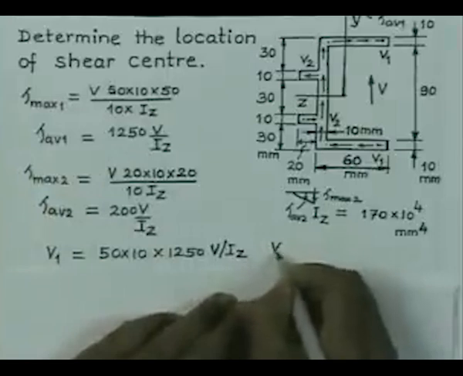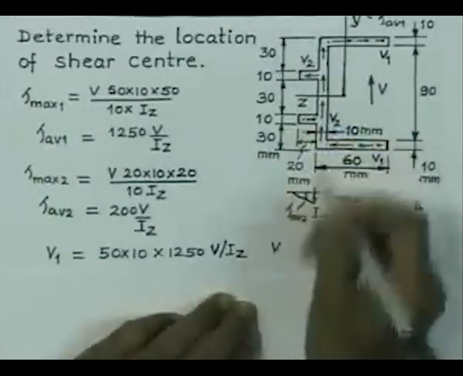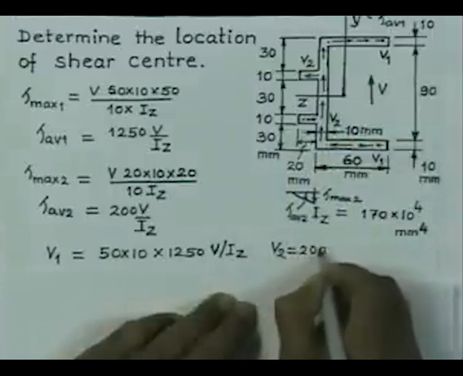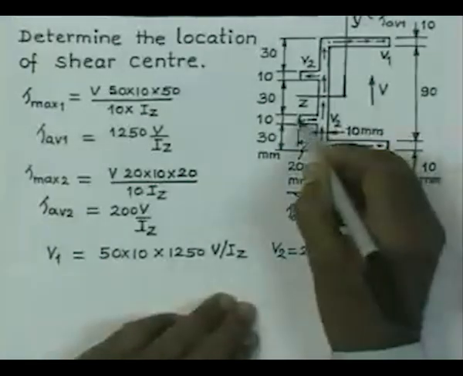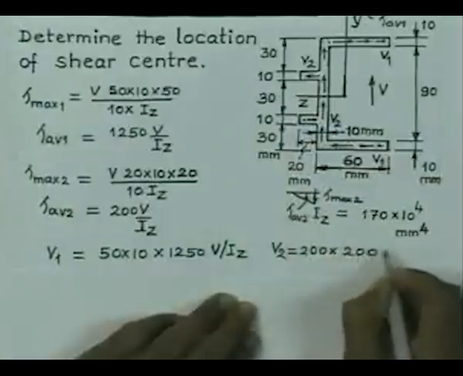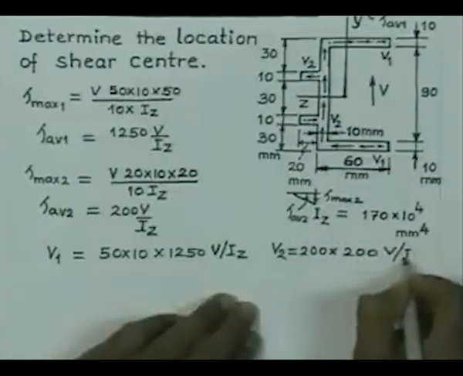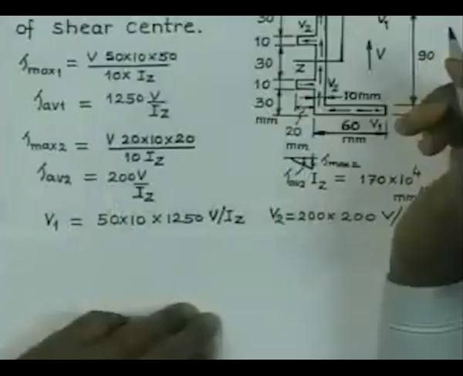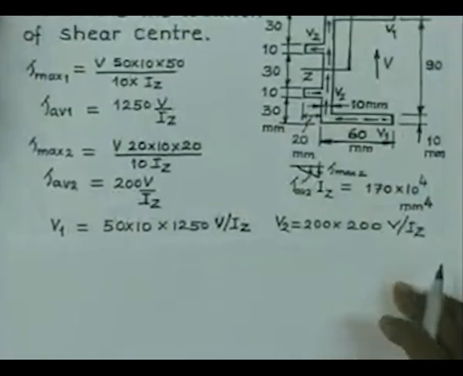Similarly, V2, the total of the force here, is nothing but 200, because this 200 is 20 into 10, which is the area multiplied by 200 V by IZ. So, that gives us the two shear forces. Now, we have to see that the moment produced by V1 and V2 are balanced by having an offset location